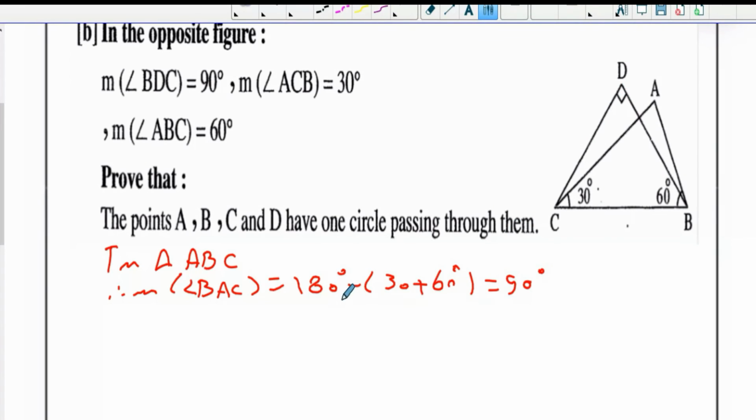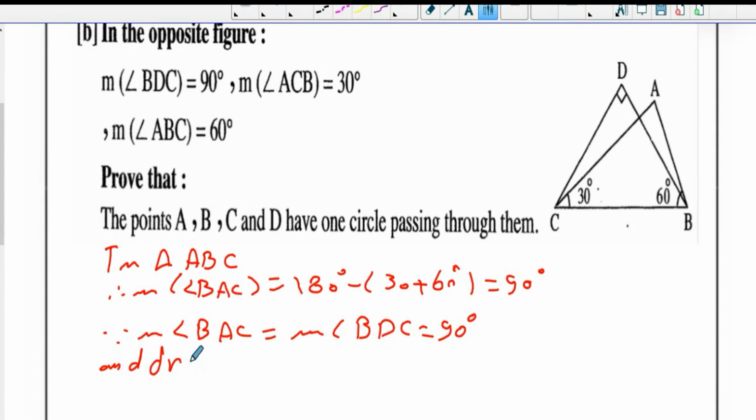How can I write this in the proof? Since the measure of the angle BAC equals the measure of the angle BDC, which equals 90 degrees, and they are drawn on the same side of BC,